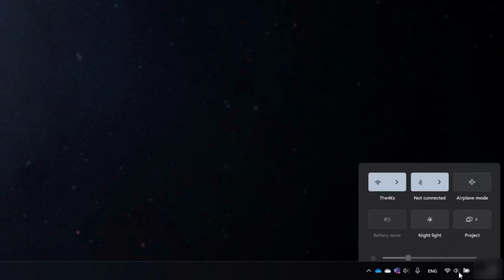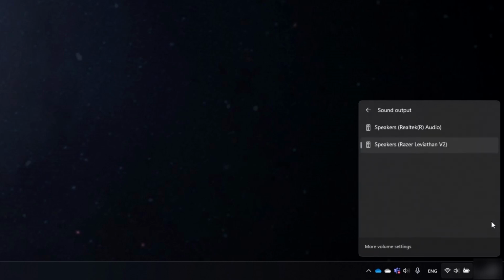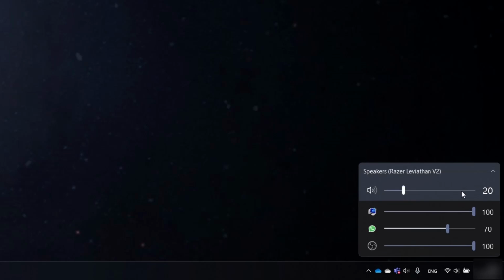In the case of the default settings, first, you click on the speaker icon. There, you can adjust the overall volume for the default sound device, but you don't see which device is your current default. To see that, you have to click again, and even then, you get only to choose a device and no additional information. If we do the same with EarTrumpet, we first click on the EarTrumpet icon, and immediately you can adjust the overall volume per device and that of each audio source. In both cases, you can use your mouse's scroll wheel to adjust the volume when hovering over the respective bar. This is super helpful if you're often on calls or you have to balance the volume of various applications.